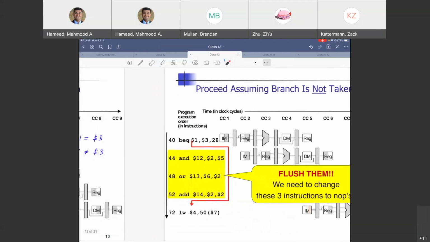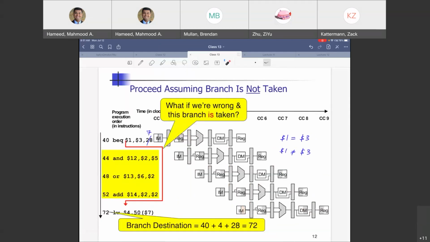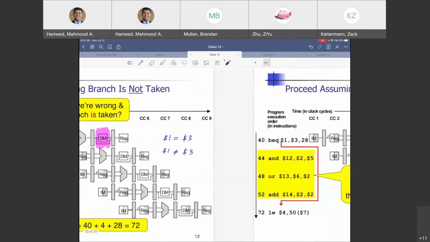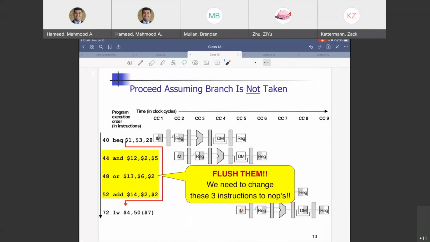The reason for that is we have made the decision for the branching over here in that stage. With the current hardware, we have made it over here. We can have a modified hardware later on, but with the current hardware, we have made it over here. And by that time, we have got 3 instructions in stages 1, 2, 3, or 2, 3, 1, 2, or just 1. So we need to flush them. We need to change all those 3 instructions to NOPs.